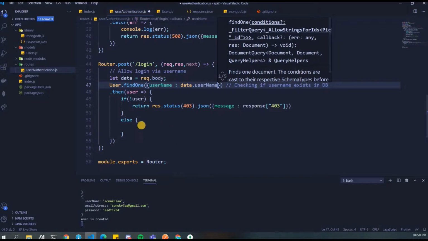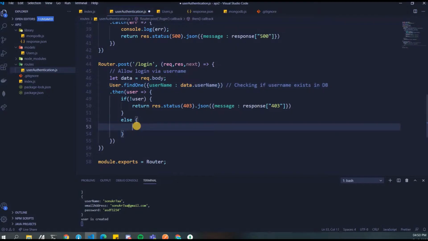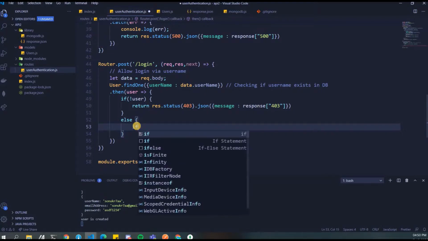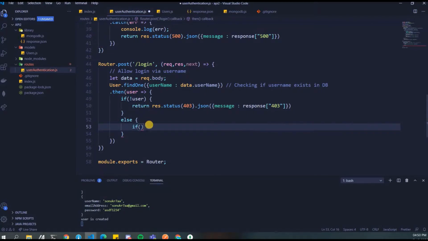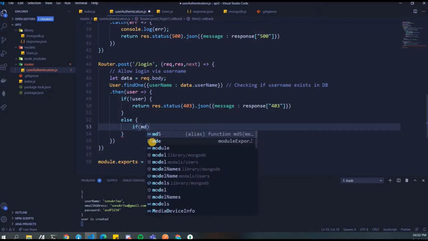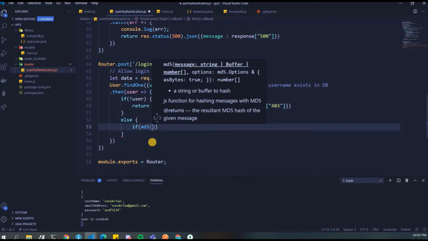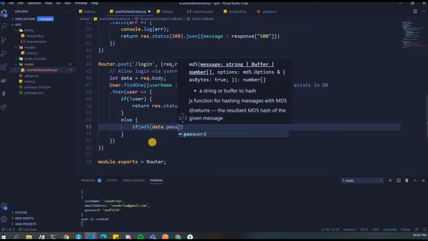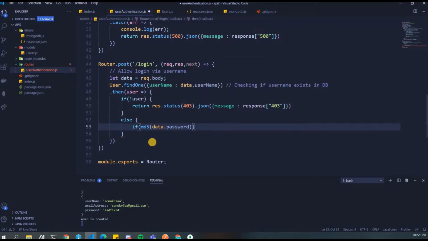But we need to give another type of error message if your password is wrong, right? So we'll see that and we'll write it in the hierarchical way only. So now we have user data coming in if that particular user is present. So what we'll do is we'll do MD5 check of data.password is equal to user.password.